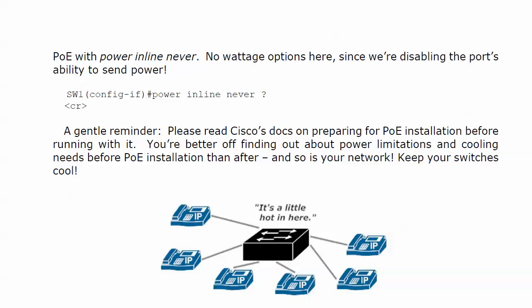One final reminder, it's a general reminder, I know I just hit you over the head with this, but just a quick mention. You don't want to rush to your production network and just start putting a lot of devices on a switch via PoE. Please read Cisco's documentation on preparing for PoE installation before running with it. I know they always say that, right? But, just like not everyone reads the terms of service that are 47 pages long when you're installing software, you just go, just check the box. This is not just the usual yada yada, as Google once said. This is the real thing. You really do need to read the documentation on preparing for installation before you run with it,